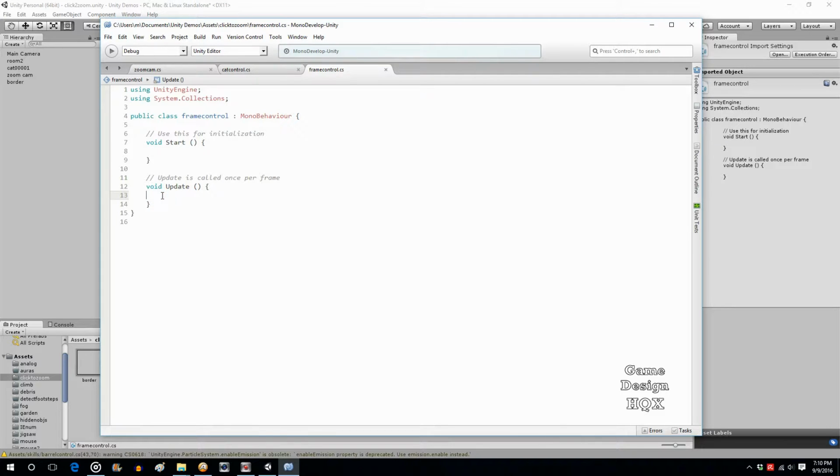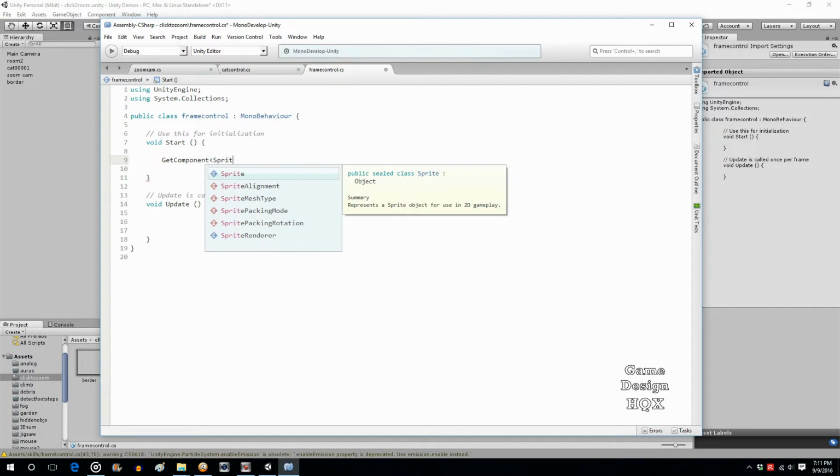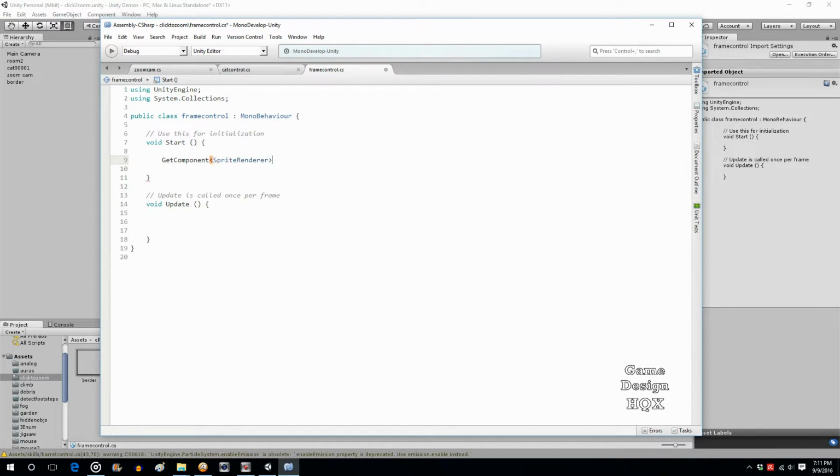And now we do the same thing that we do with the camera. In the start, it's going to be disabled. So get component. But we're not disabling a camera component because the border doesn't have a camera. But it does have a sprite renderer. And that sprite renderer can also be disabled. So I want to pause here for a moment to kind of go off on a